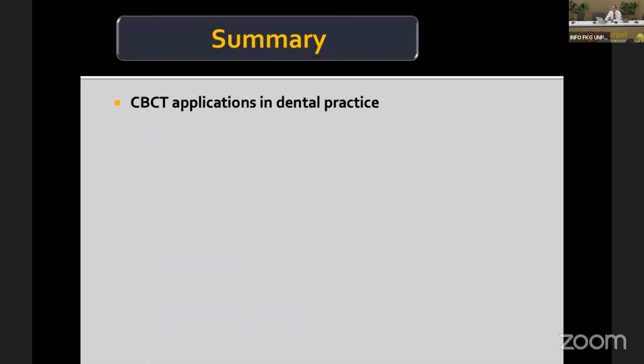Now, in summary, the CBCT has been widely used in our practice: diagnosis, implant, and also sleep apnea surgery. So pretty much every field is using the cone beam CT now.